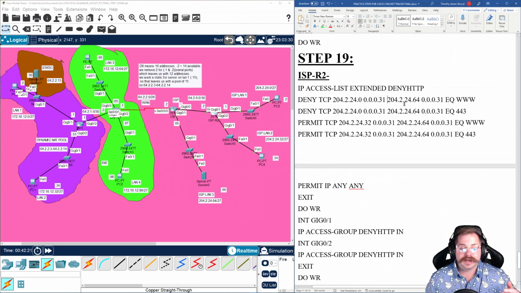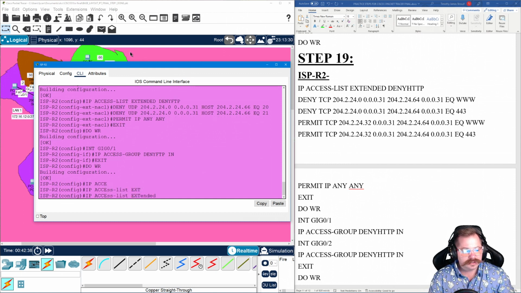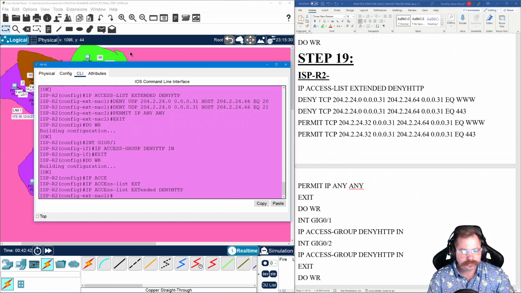And then I want to block it from going to a whole network. So I have the whole network ID followed by the wildcard mask. And then what are my EQ? If you get to EQ right here, we're going to go through it just so you guys can see. Don't forget your question mark. IP access list extended, and we're going to call it deny HTTP. Now, deny TCP, we're going to type in